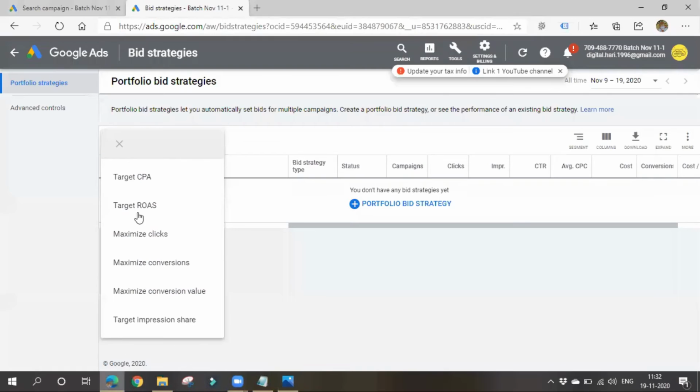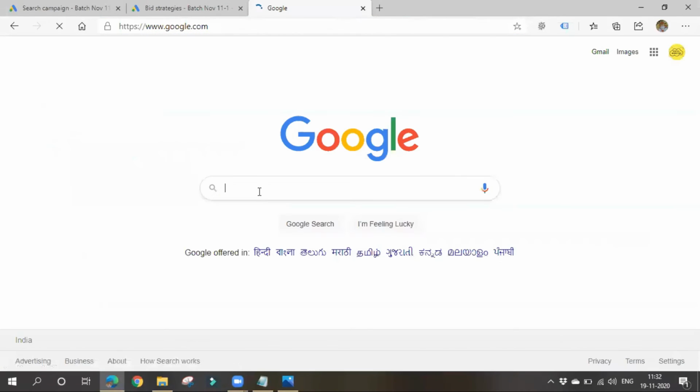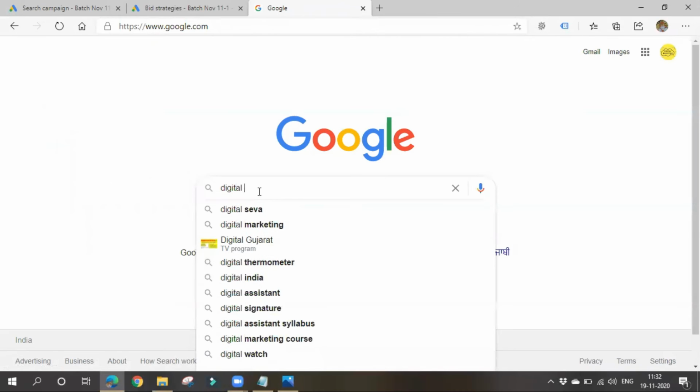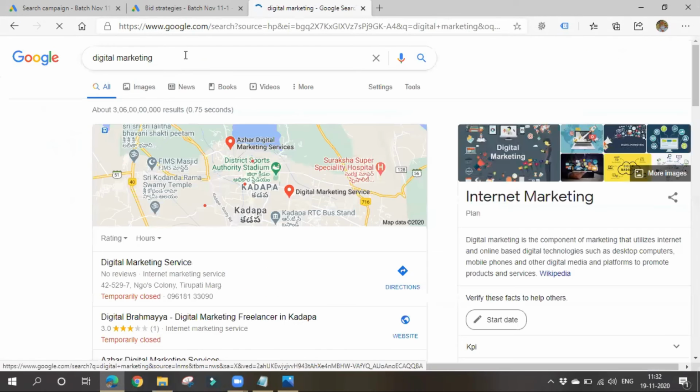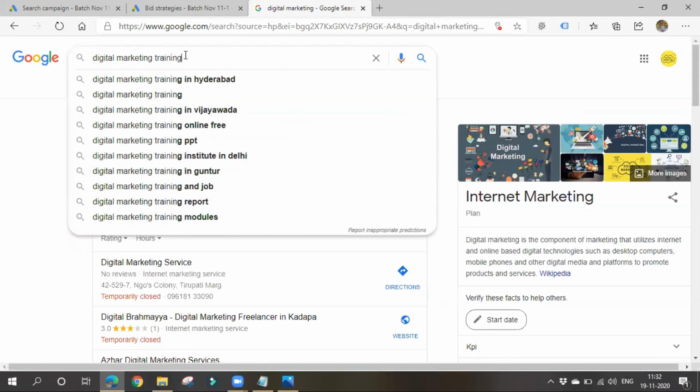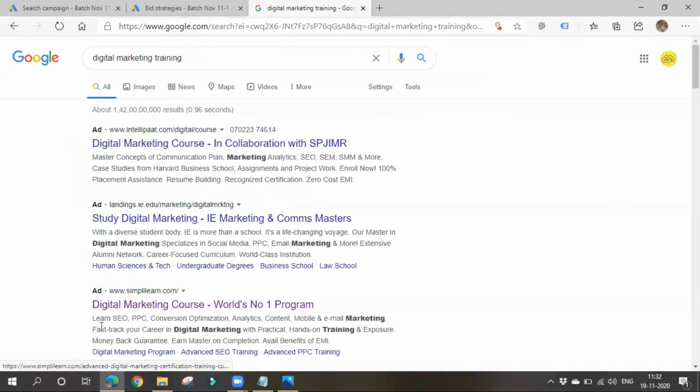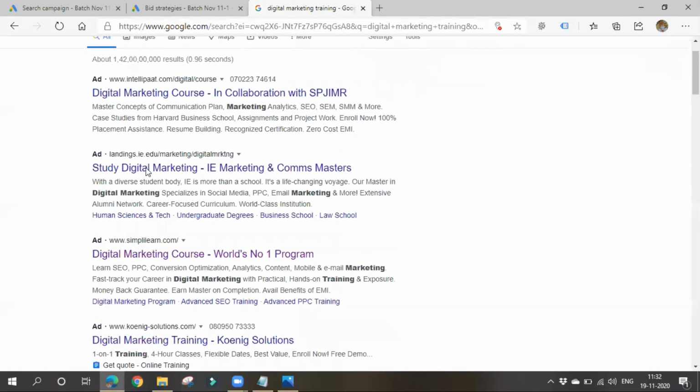If you go to any SERP page and search for something, and you choose a bidding strategy like target search page location, Google will adjust your bids in such a way that your ad will be displayed either on the first page of search results, or on the top of the page, meaning on the first 4 results itself, your ad will display for sure.